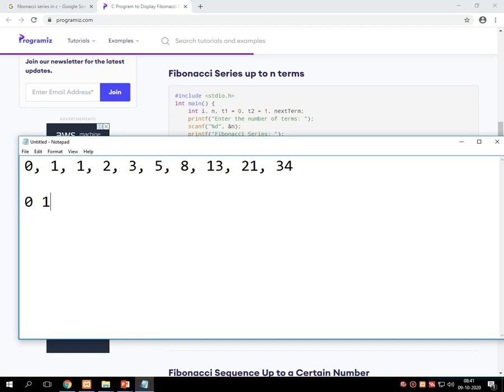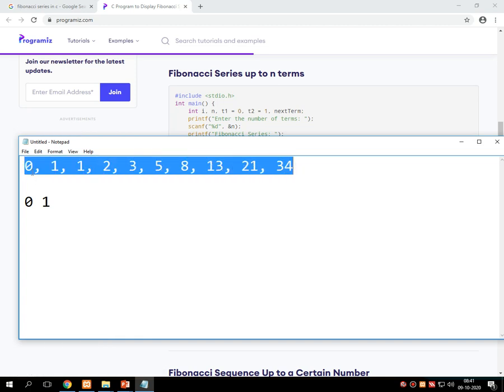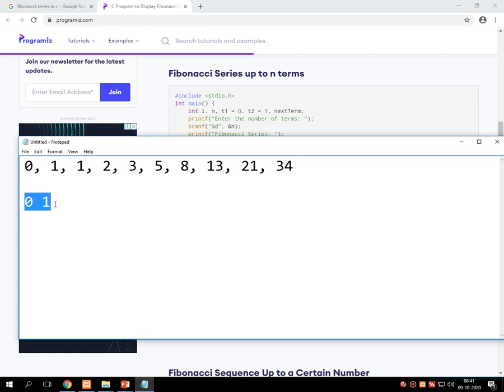To print this Fibonacci series, I need to take two separate numbers, where number 1 is 0 and number 2 is 1. Clear? Now what I have to do is repeat the statements.